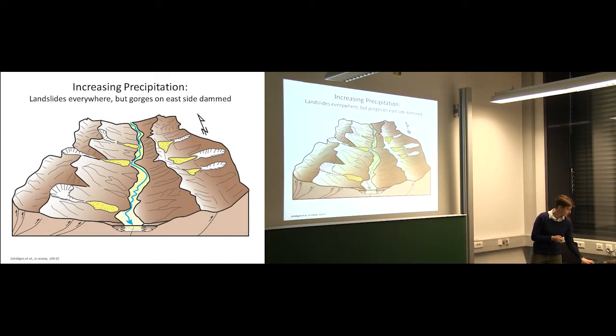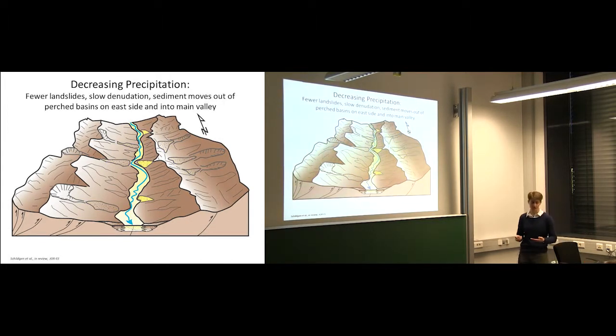All right, so if we then go to a period of decreasing precipitation, maybe landslide activity everywhere would be reduced. And that would potentially give us time to start to clear out those bedrock gorges. Maybe slowly start to re-excavate material from the Perch Basin and then slide it down through the slot into the main valley. And that slow re-excavation and remobilization process could actually give the sediment more time to accumulate